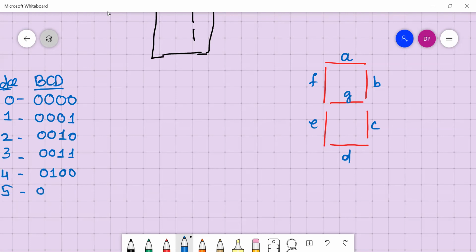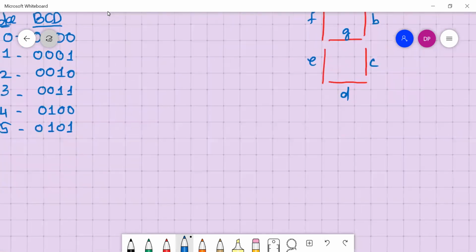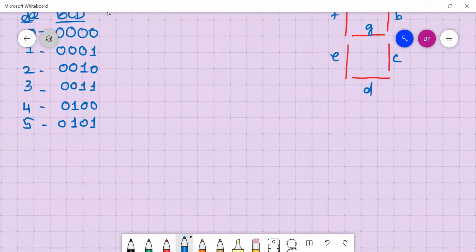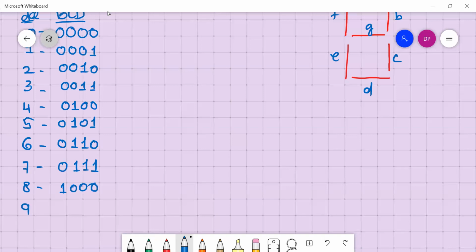If it is 5, 0 1 0 1. When it is 6, it is 0 1 1 0. When it is 7, it is 0 1 1 1. When it is 8, it is 1 0 0 0. When it is 9, 1 0 0 1.